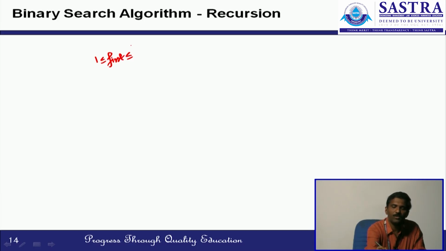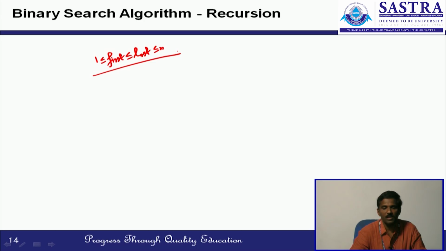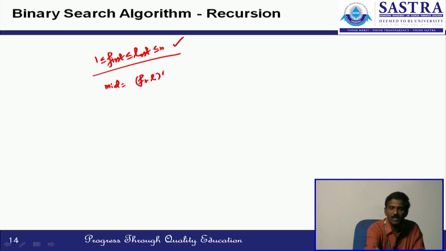first and last should satisfy this condition: 1 less than or equal to first, less than or equal to last, less than or equal to n. This is the entry condition into the recursive binary search algorithm. See, when finding a value of mid using mid is equal to first plus last division 2,